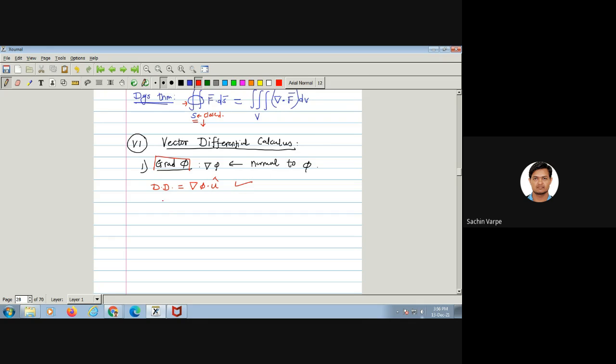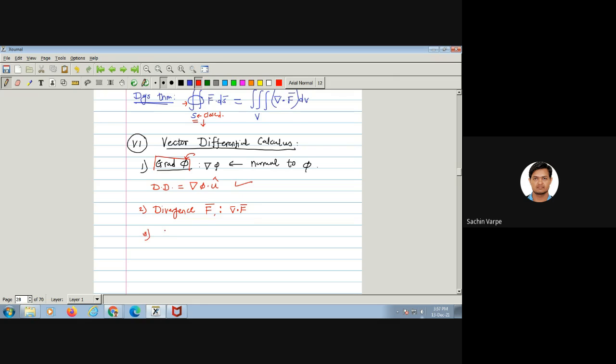Okay? The next important point we have seen is the divergence of a vector point function. This is a scalar point function. Gradient is always of a scalar point function, and divergence and curl are always of a vector point function. So divergence of f bar is del dot f bar. If it is 0, del dot f bar equal to 0, then we say f bar is solenoidal. And we have seen the properties of divergence also.